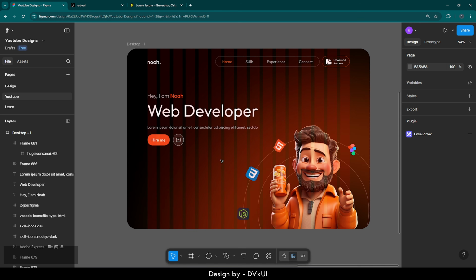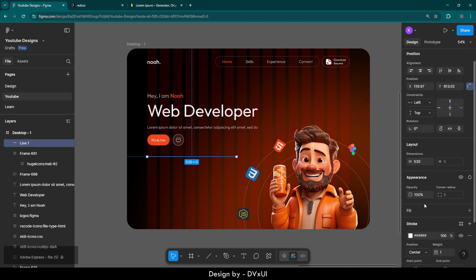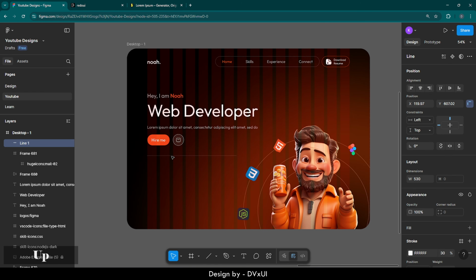Now we need a line over here and then a review tile over here. So for that, let's hit L on our keyboard to take a line. Draw it something like this. The width is going to be 530 and the line is a little bit tilted because the angle is 0.8. So change it to 0 degrees. And the weight is 1, but this opacity is going to be 30%. Put it up,